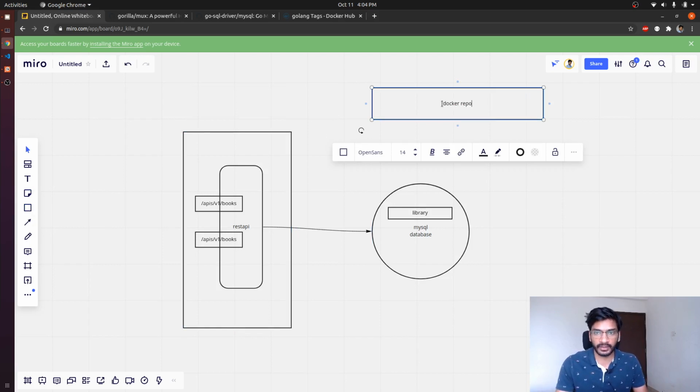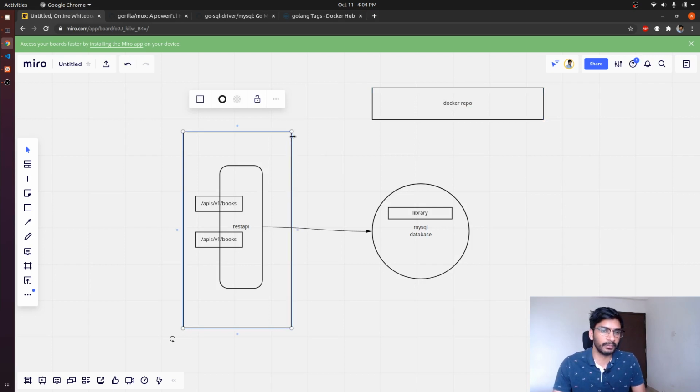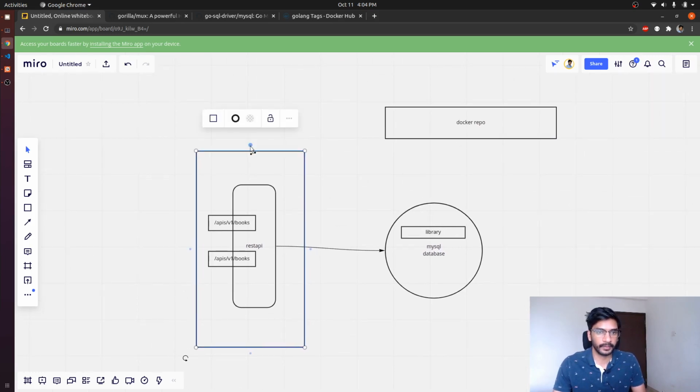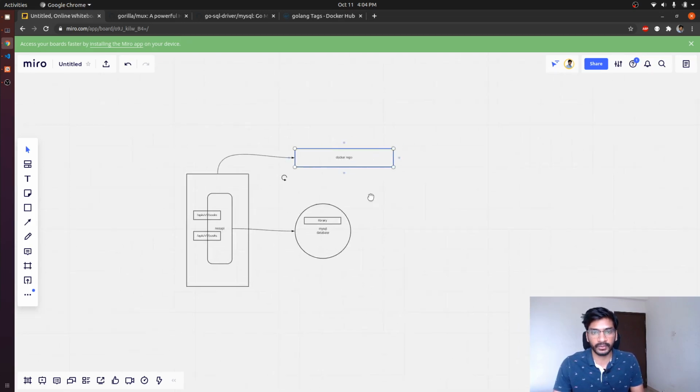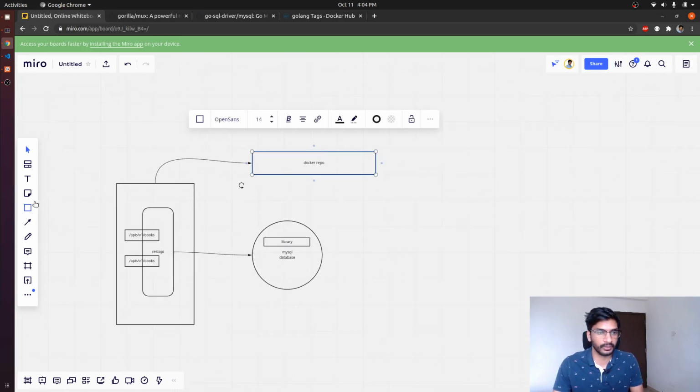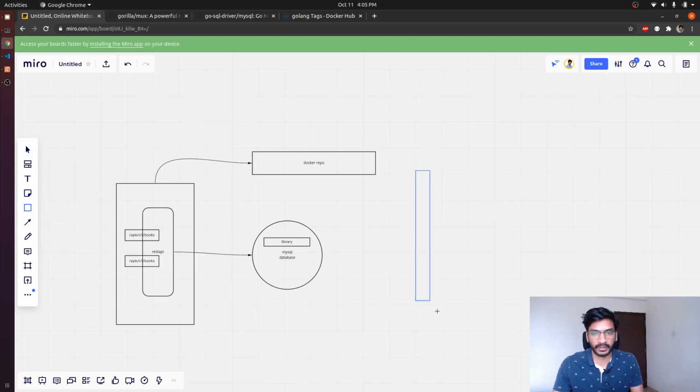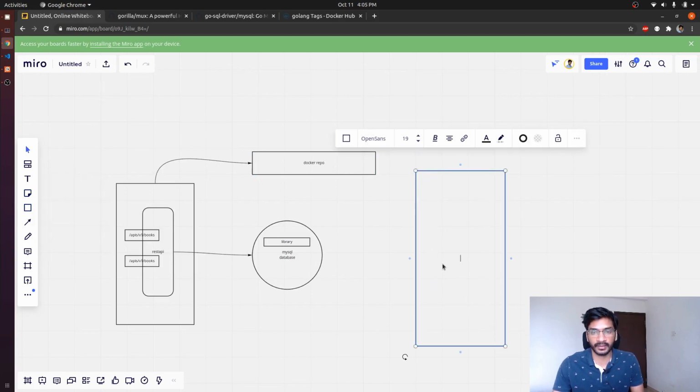And we will be pushing the Docker image into this Docker repo. And when we try to run our application on Kubernetes, so for example, let's say this is the Kubernetes cluster, in this cluster we would be specifying that we want to get the image from this particular repo, and this is the exact image that we want to run, right?